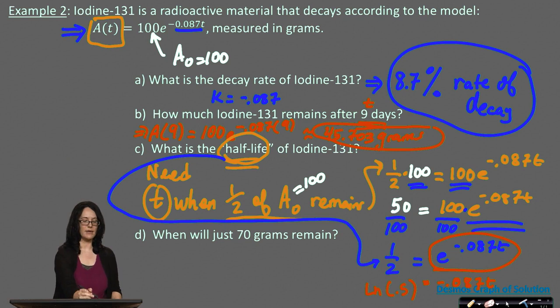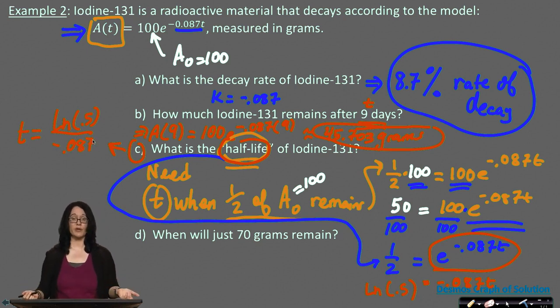Finally, how would you get t? How would you get this half-life here? Yeah, that's right, you would divide by whatever is touching t. So t should equal the natural log of 0.5 divided by negative 0.087. Now that pattern will always hold if you're finding half-life. So if you want a shortcut, it will always equal the natural log of 0.5 over your decay rate as a decimal. That's definitely going to hold, but understanding the process is going to be helpful going forward to more